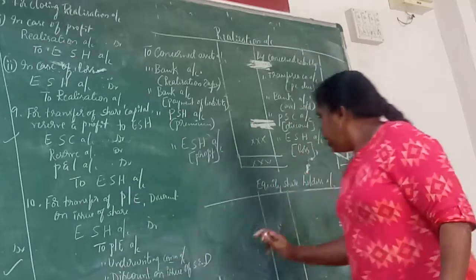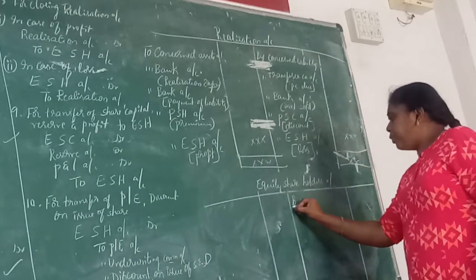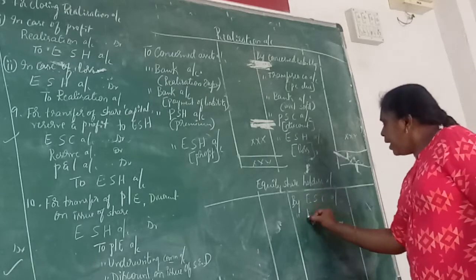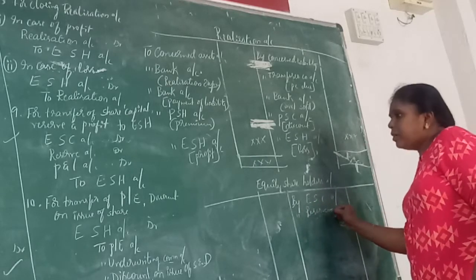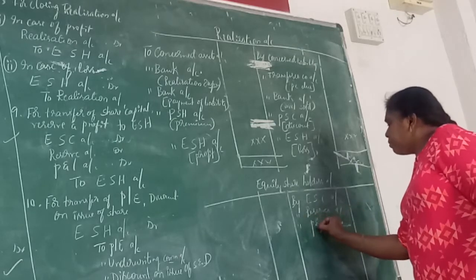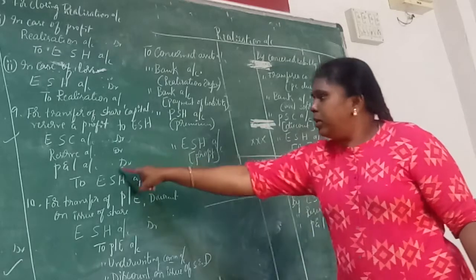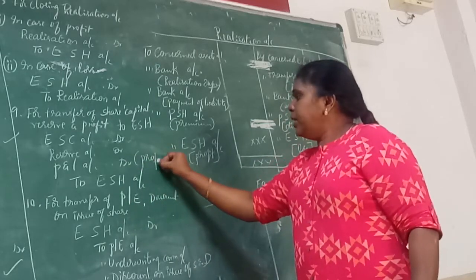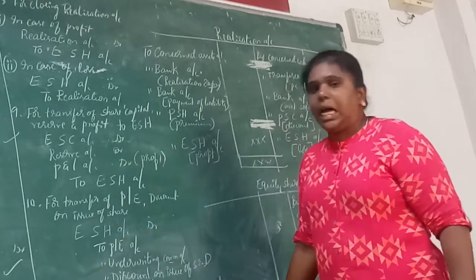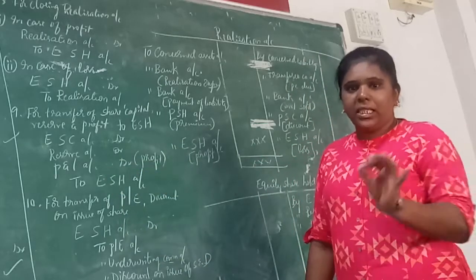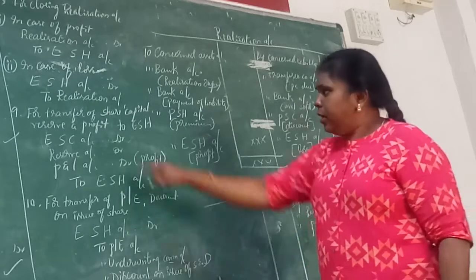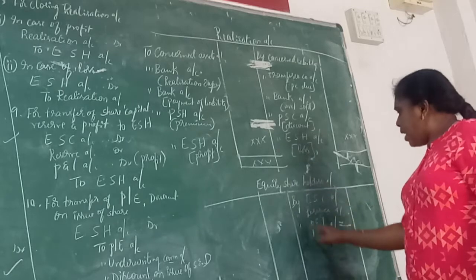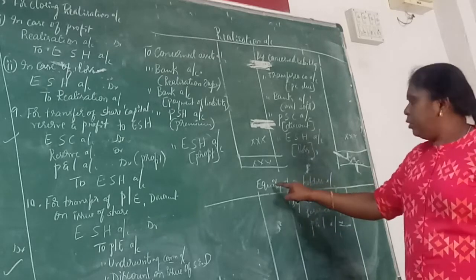Then in equity shareholders account, you have to write by equity share capital account, by reserves account, by P&L account. So P&L account, if it is on the liability side of the balance sheet, means it's a profit. Asset side P&L means it's a loss. So this entry you should post to the shareholder, meaning this amount is going to be credited to the account of equity shareholders.